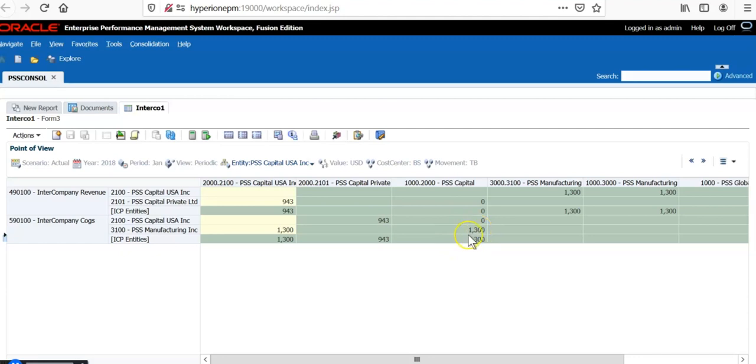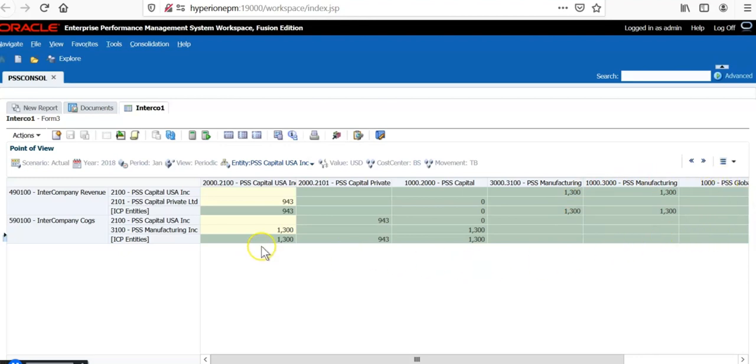So what about this? 2100 entity has intercompany COGS with 3100. That means it purchased some goods from 3100. 3100 entity is child of 3000. So the common parent is 1000, that is PSS Global.